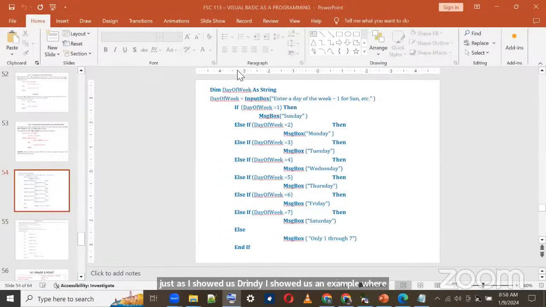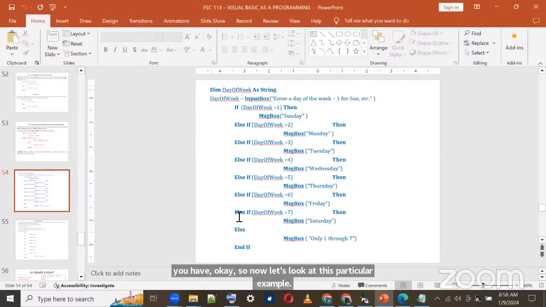okay, so now let's look at this particular example. So this particular one, we don't need the text box. So let me